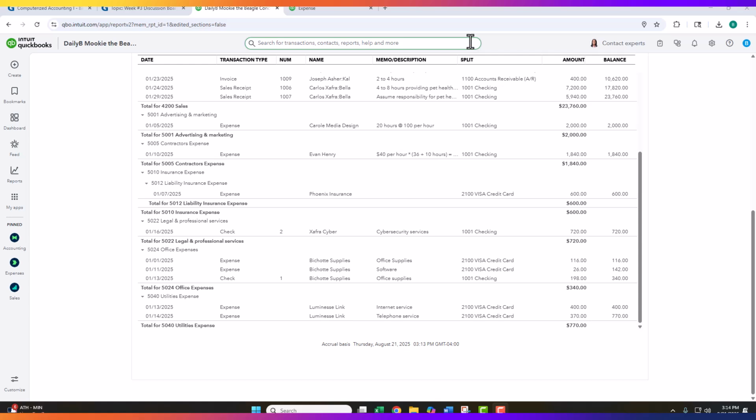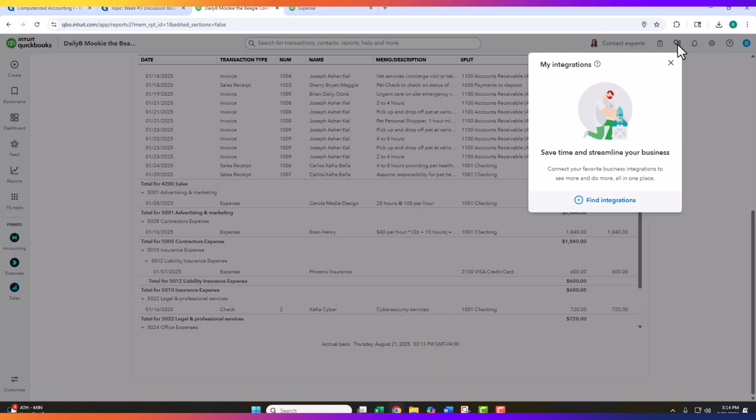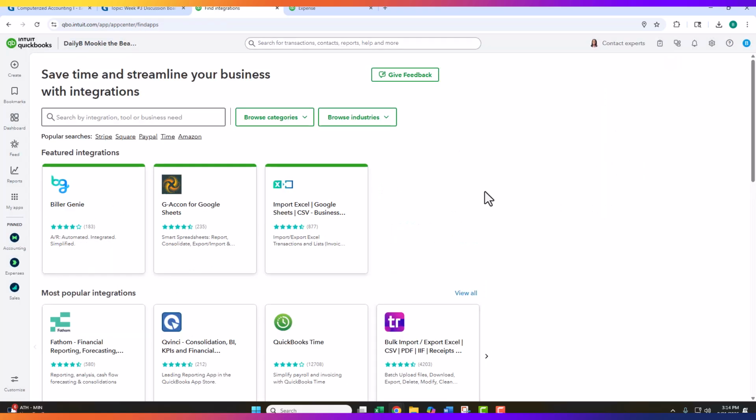And there's a URL there that can get you directly to the App Store. If you're in QBO, if you come up here, you can click on this My Integrations button, and then you can click on Find Integrations to look through the different apps. And what I'm going to have us do today is look at a couple of different importing apps,